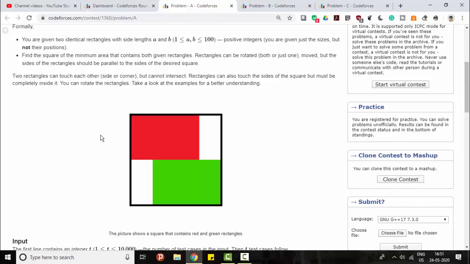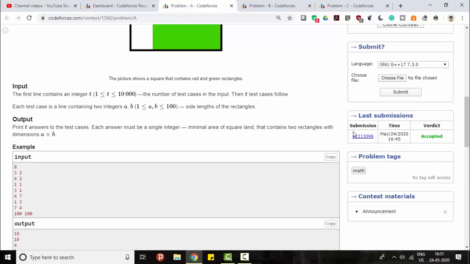When the length is even greater than 2 times the breadth, then even when we stack the two rectangles together on the breadth, we will still get a larger portion on the length side. You will get this clear when you see the code.